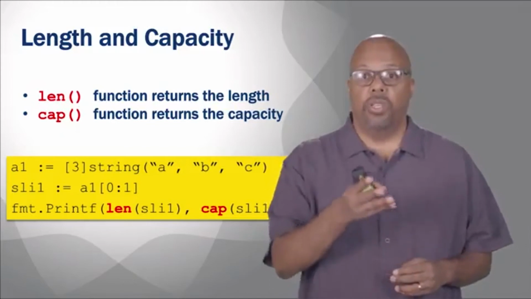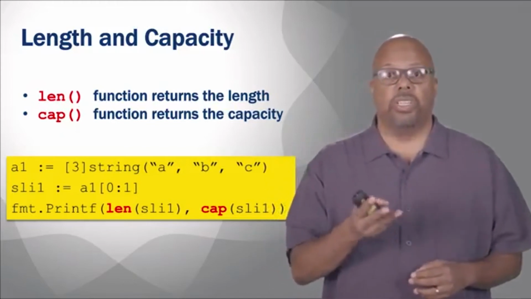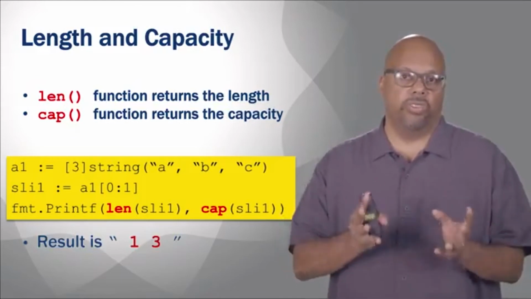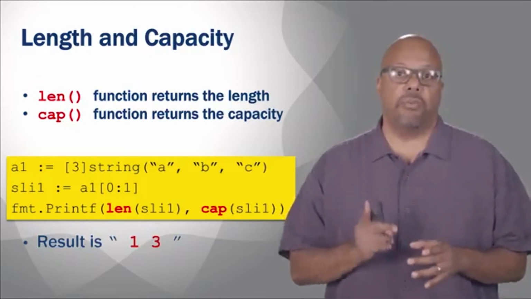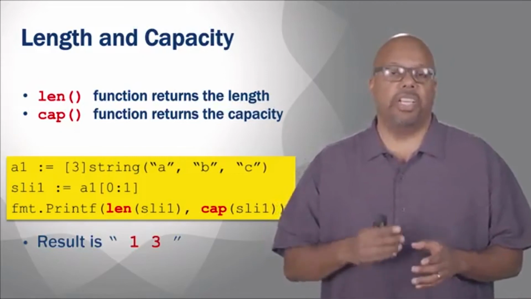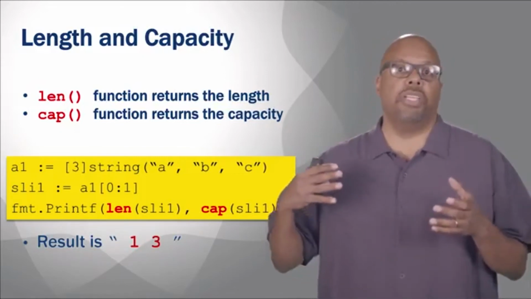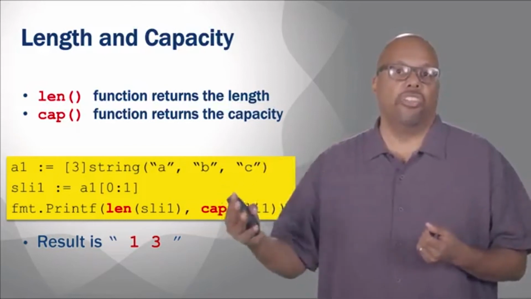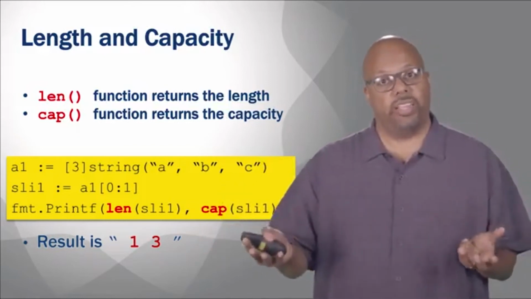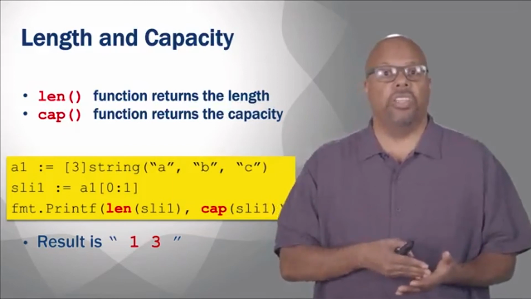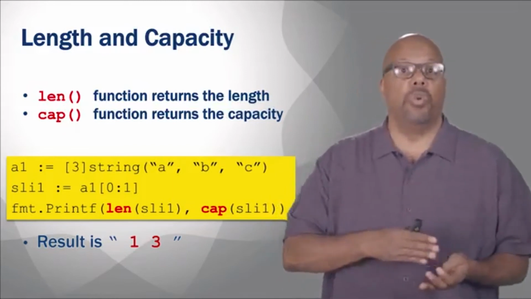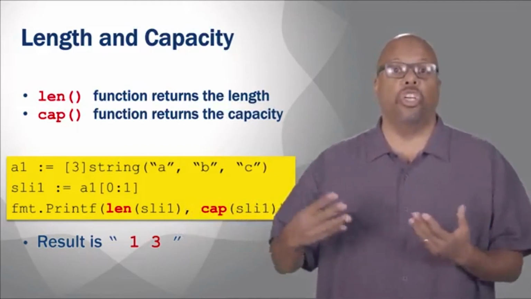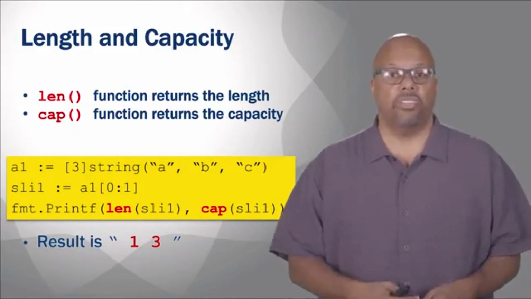Now in the next statement, we do the print statement. We print the length and the capacity. The length is 1, right? Index 0 is the only thing that's actually in the slice. But its capacity is still 3 because its size could increase up to 3 if I increase the size of the slice to go all the way to the end of the array. Since the array has 3 elements in it, and we're starting the slice at the beginning at array index 0, we could go all the way through array index 0, 1, and 2, and the length of the slice could be up to 3, so its capacity is 3.